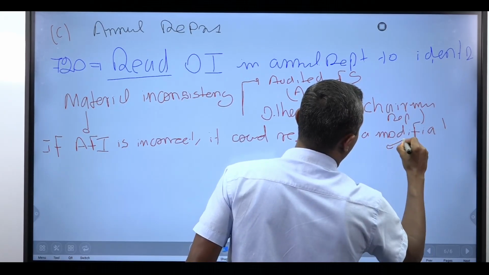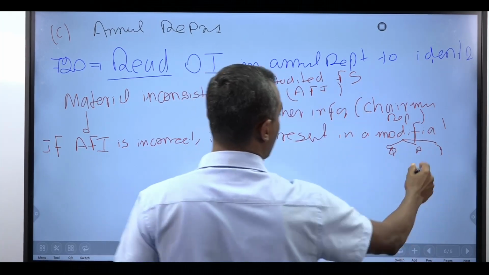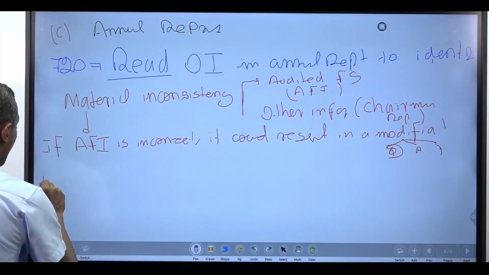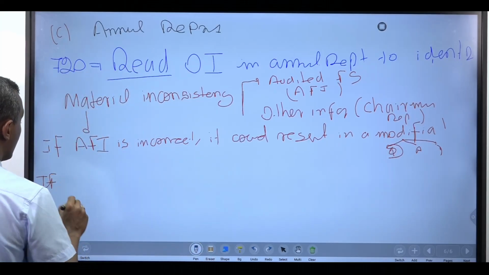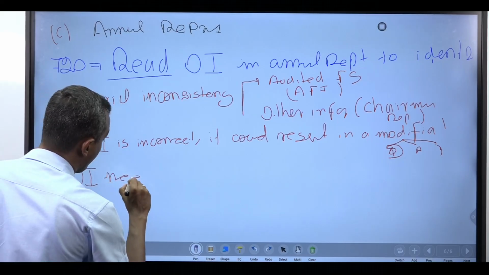You know what a modification is, right? Qualified, adverse, disclaimer, but very unlikely in this case, it may be a qualification, right? If the audited accounts are correct and the other information needs to change,